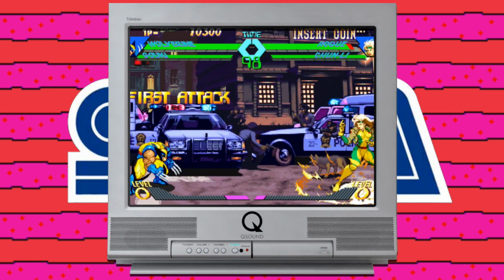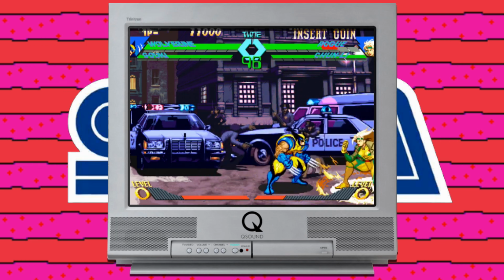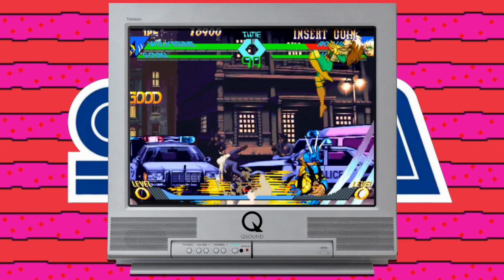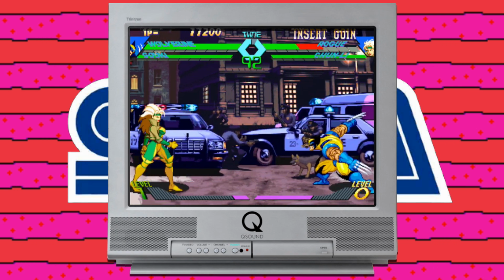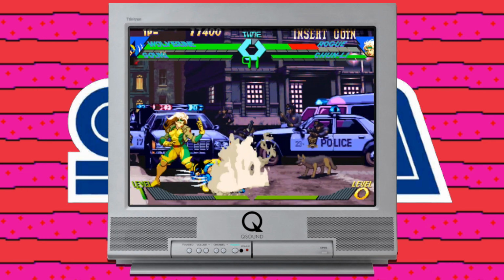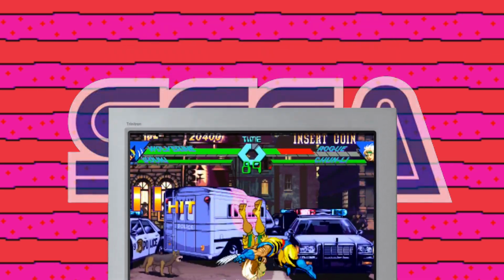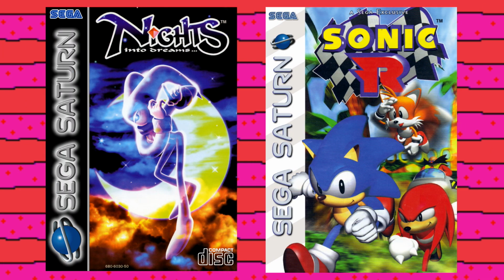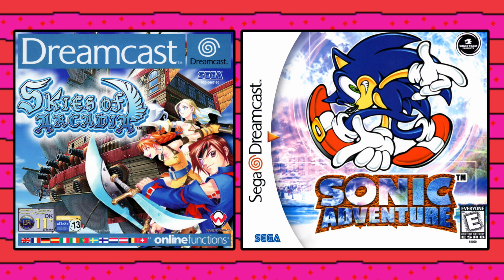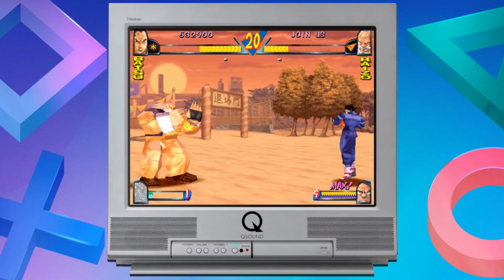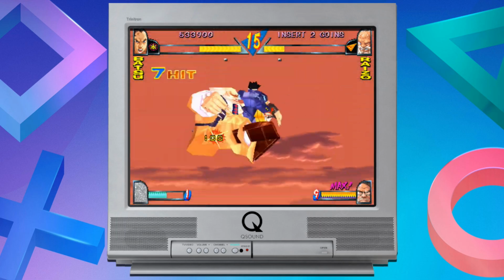Unsurprisingly, a lot of Capcom's arcade ports of games that use QSound in the arcade. So games like Marvel Superheroes vs Street Fighter, X-Men vs Street Fighter, Darkstalkers, Marvel vs Capcom and Street Fighter 03. But a fair few original games for those consoles implemented QSound too. For example, Nights into Dreams and Sonic R on the Saturn, and Skies of Arcadia and Sonic Adventure on the Dreamcast. The PlayStation had a few games with QSound, a few Capcom games including Rival Schools and Plasma Sword, which